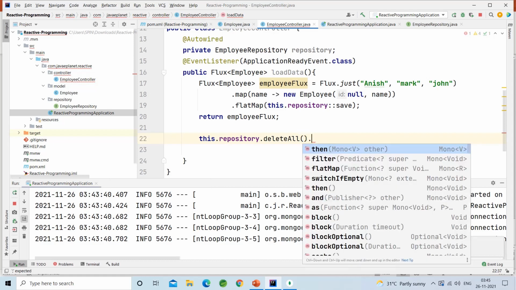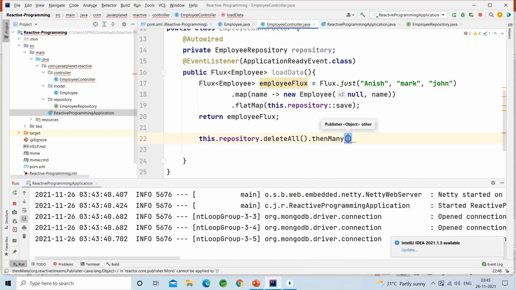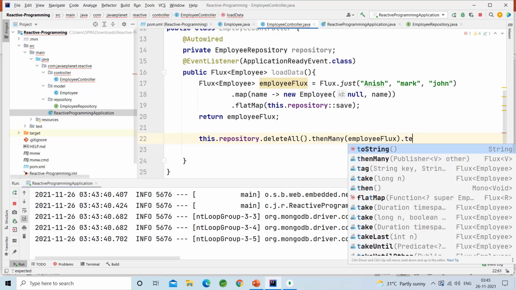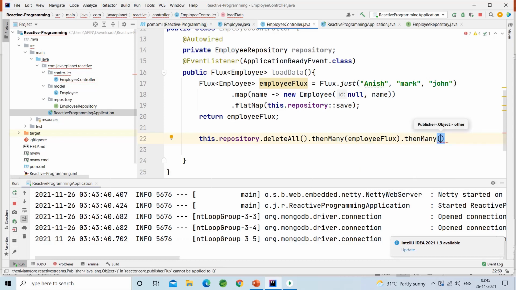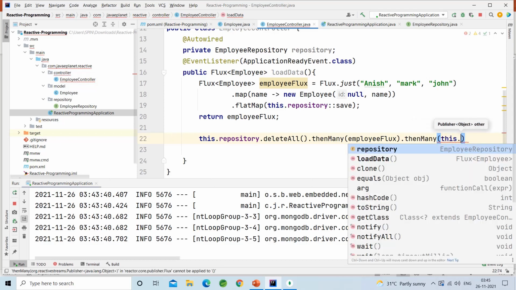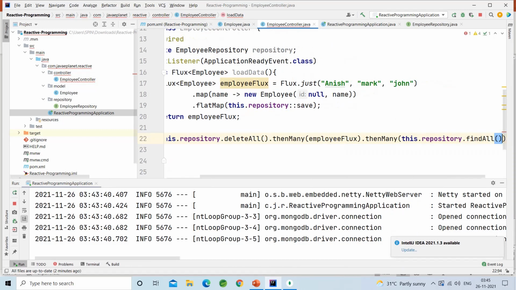deleteAll.thenMany, it will take a publisher, employeeFlux, which inserts into the database. Then thenMany, in that this.repository.findAll.